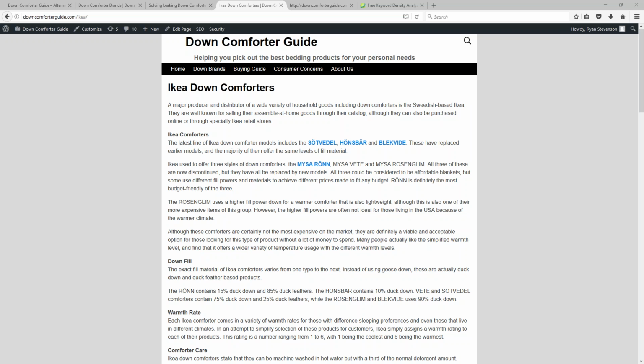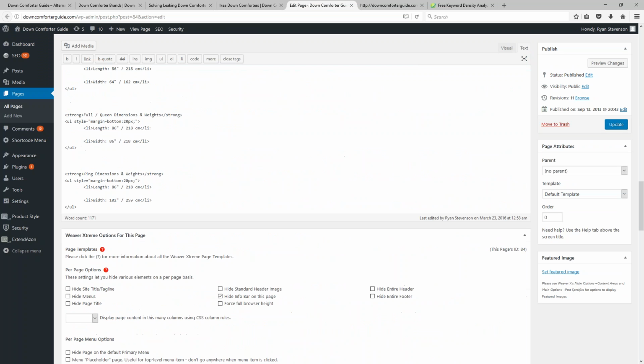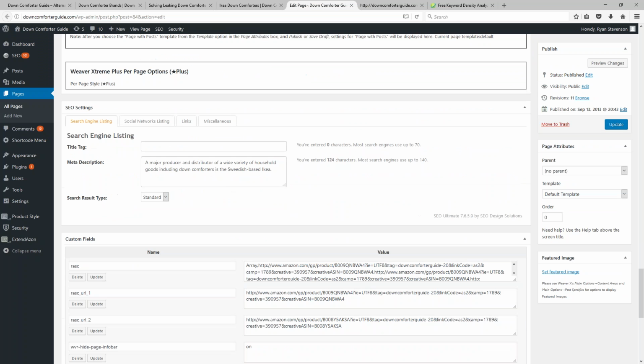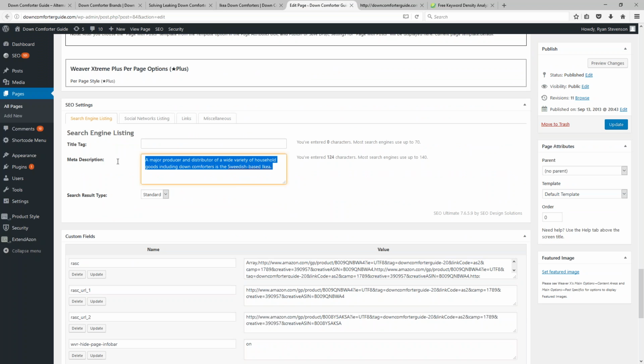I use the one called SEO Ultimate. There's also an alternative called All-in-One SEO. It should offer the same thing, where below the editor for a particular page, you have this SEO settings box where you can put this meta description in.